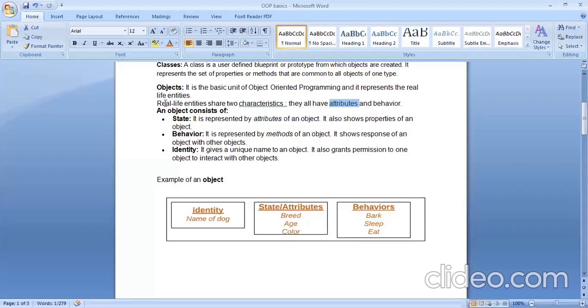What can be the properties of a car? It can have a model number, a registration number, a color, an engine. So these are the different types of properties that the car will possess, and these properties will define that particular object.